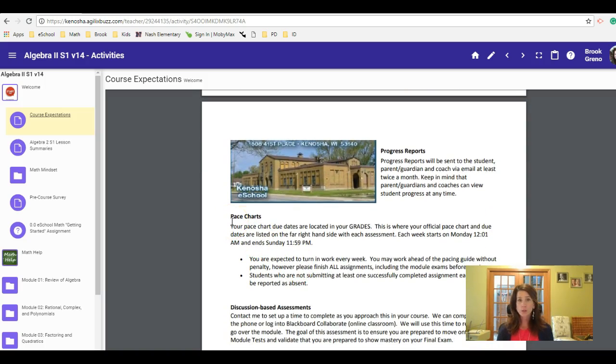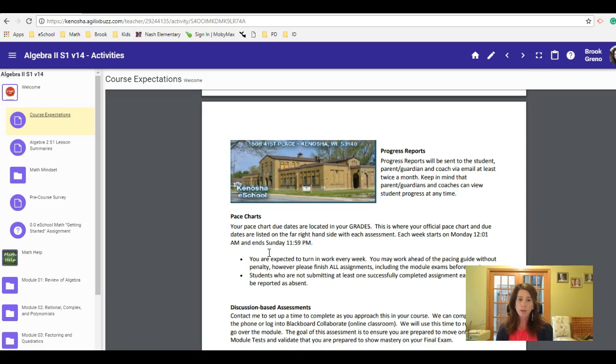Pace charts really are your due date. So in your grade book of your assignment, from your start date to your end date is given a due date, and that's what sets if you're on pace or if you're behind pace. So you really want to stay with that pace and trying to stay with those due dates. There's no direct penalty. So if an assignment was due on a Tuesday, you turn it in on a Friday, you don't lose points with that. But again, the goal is that you need to finish by your end date. So you need to kind of space that out and stay with your pace that's set.